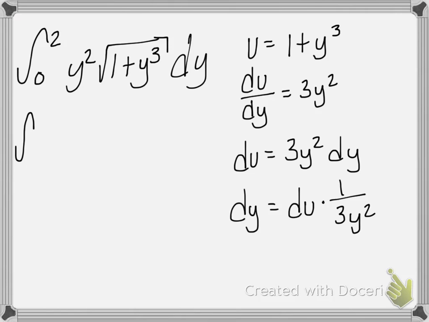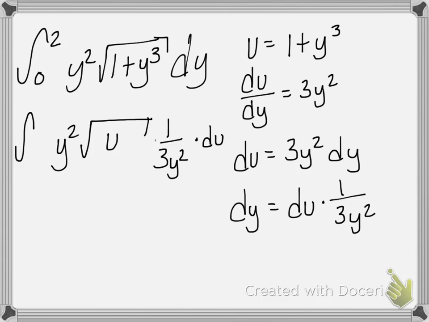So we're going to have the integral, and go ahead and leave that blank for now, times the square root of u, and our dy was 1 over 3y squared times du, and our y squareds will cancel, so we can pull out 1/3, which is going to be a constant, times the integral,